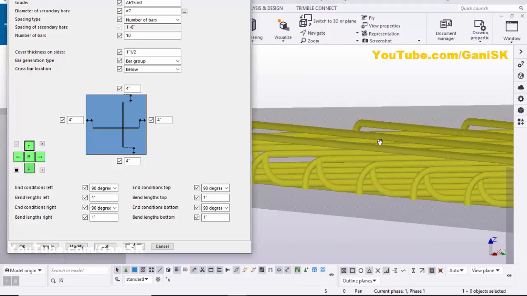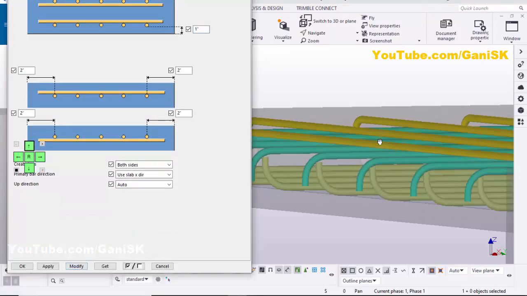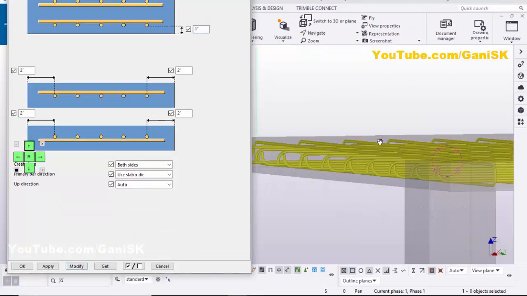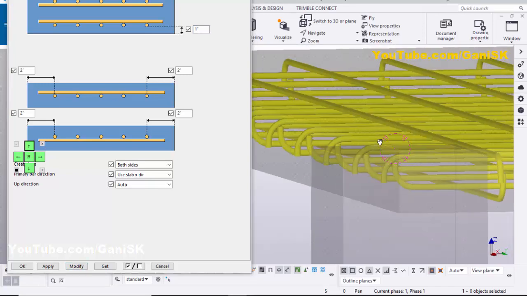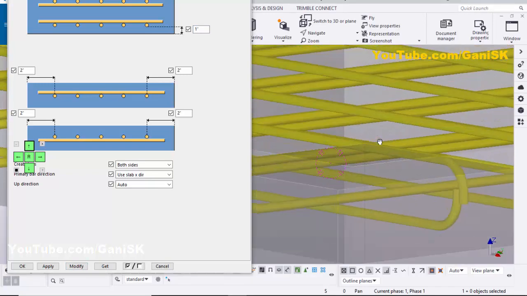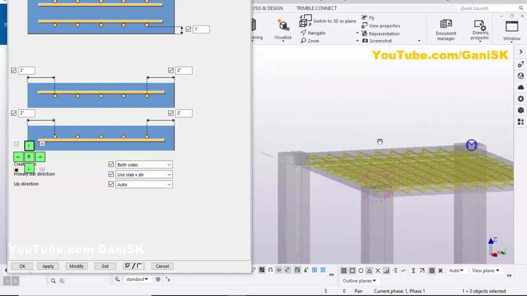Okay, for example, we're going to increase this one. Let's take 1 inch, then click on modify. Okay, you can maintain like this. According to the design, you can change these options for the reinforcement in a slab like this.